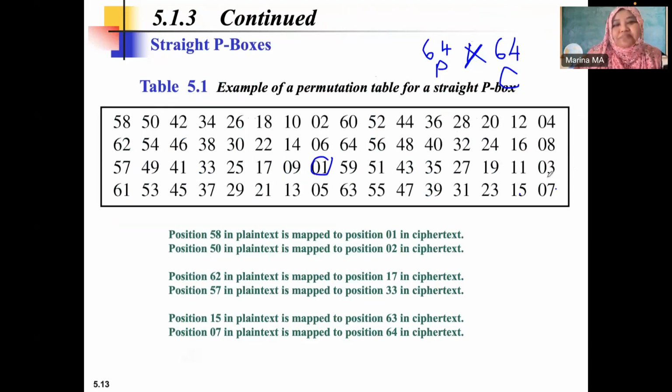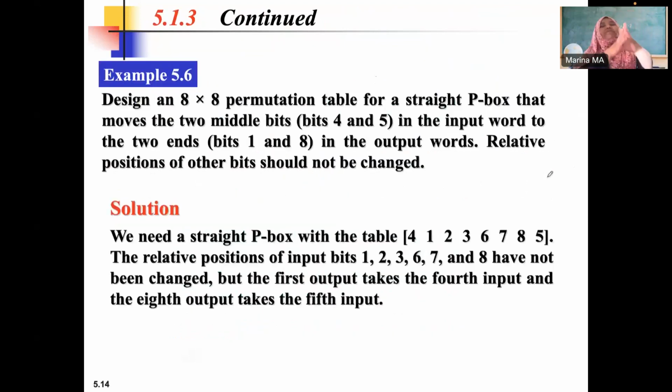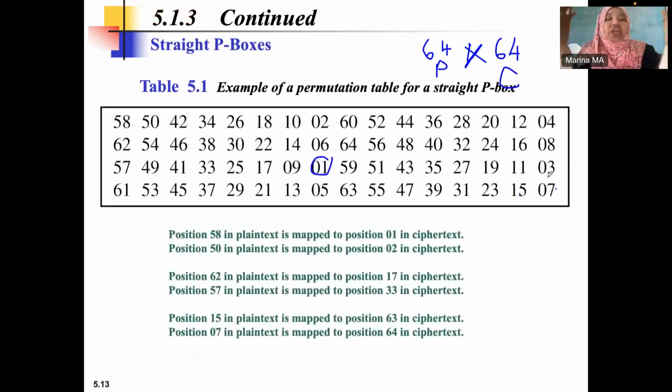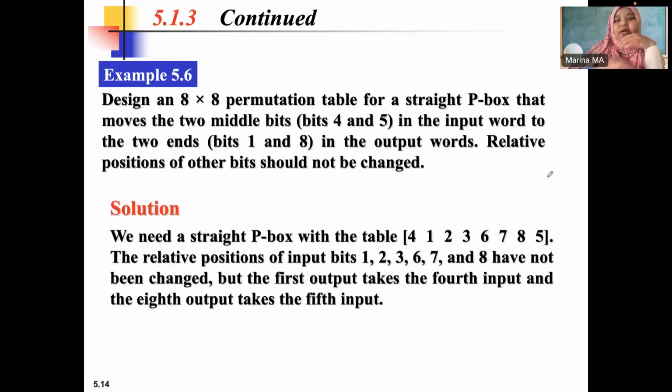Okay. Are we good with permutation of straight P-box? Yes, we are. Here, we give you the table. We can give you the table this way, or we can give you the table in the arrow way. But what if we ask you to produce the table? Here we give you the table. Next one is, please design an 8 times 8 permutation table for a straight P-box that moves